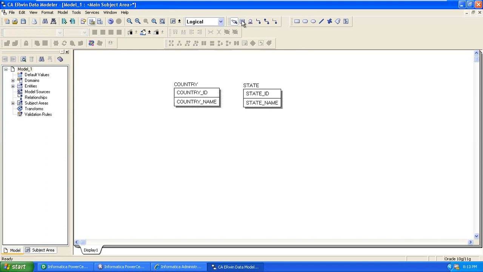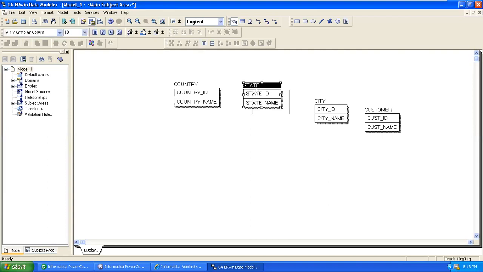Okay. Next, create city. City ID. Every entity has its own attributes. City name. Next, I'm creating another one. Customer. Okay, customer underscore ID. Next, customer underscore name. Okay. Here, totally it is fourth normal form because there are 4 normalized tables. That's why it is called a fourth normal form.